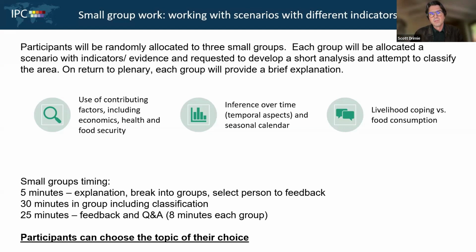A big question is often livelihood coping versus food consumption, which Ryan has so carefully taken us through, often those big outcome indicators. So this really gets at the pulsing heart of IPC. Ryan's going to take a group holding up livelihood coping and food consumption, looking at some of the tensions that lie between these two, but also how they tell a very interesting story when you use clear analysis.